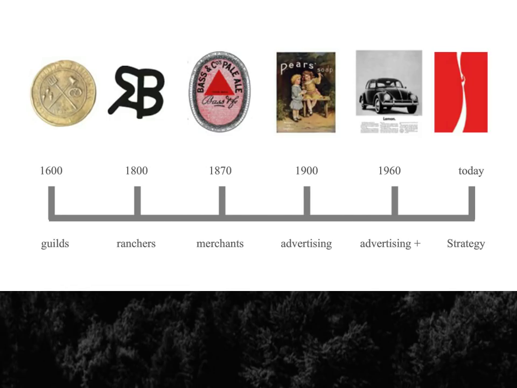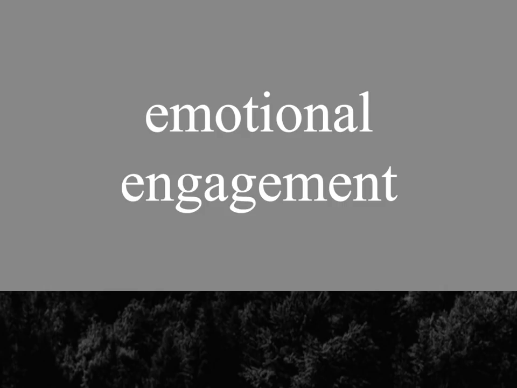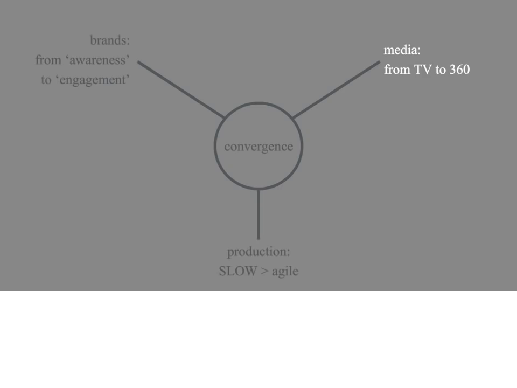And so within this, if brands and the design and communication of brands is trying to be more emotional and to catch us in a more engaged way, of course it has to be more agile, it has to be richer, it has to change more, it has to reach out to us. It can no longer simply be a good, strong label on a pack or the cover of a book. It needs to give us more, and agility is one of the things which digital print is offering up, which enables that. The second thing which is really changing is this sense of the media shift from television to 360.